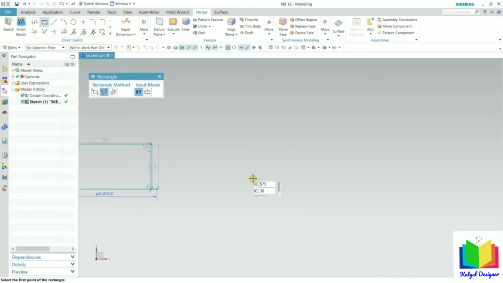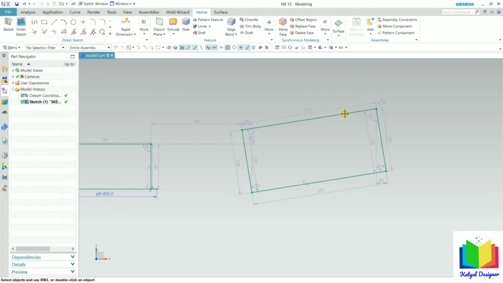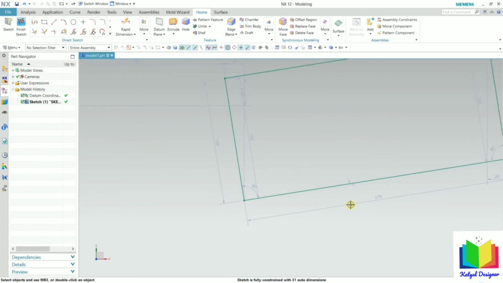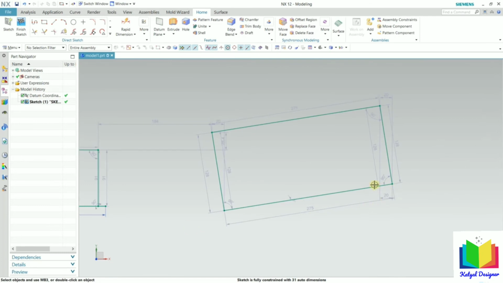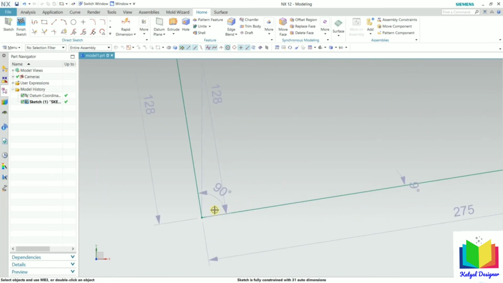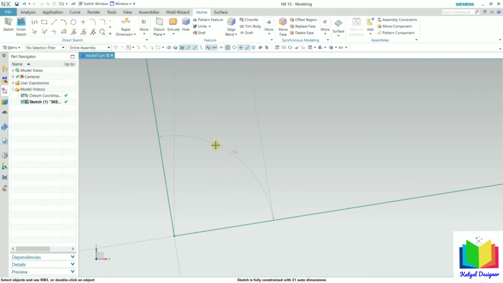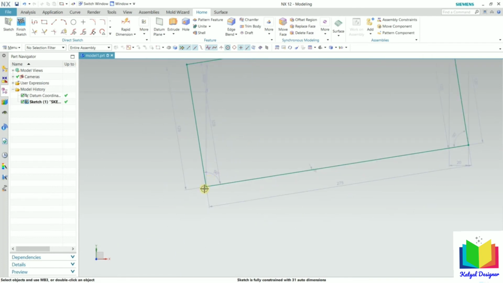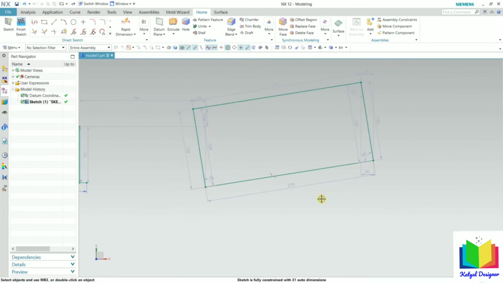So go to NX. So this is the first point and this is the second point, and drag the mouse. Here inside this rectangle we can specify 3 parameters: width, height and angle. So this angle, okay, just click here and press escape. So this angle is with respect to the horizontal axis, and here we can see by default the angle between these lines is always 90 degree. Again we can specify its width and height.